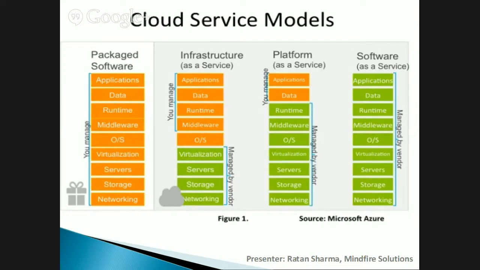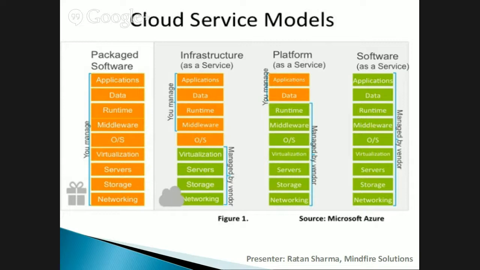Okay, then this is the cloud service model. The first one you can take as private computing, that we all use, like Mindfare is hosting his own server, static server, and managing everything. The layers, from networking and storage to the data and application and the patches, everything is managed by the person who is managing the server. So that is private cloud.